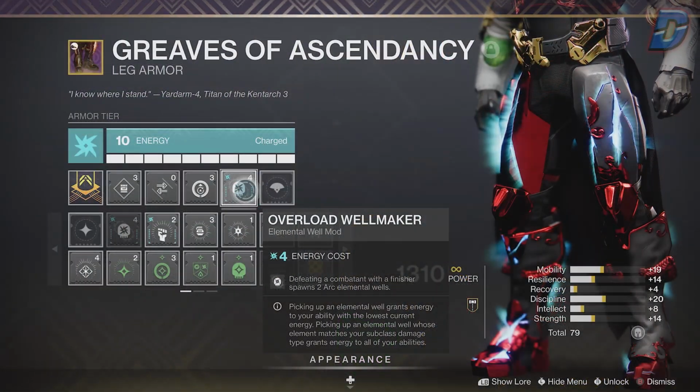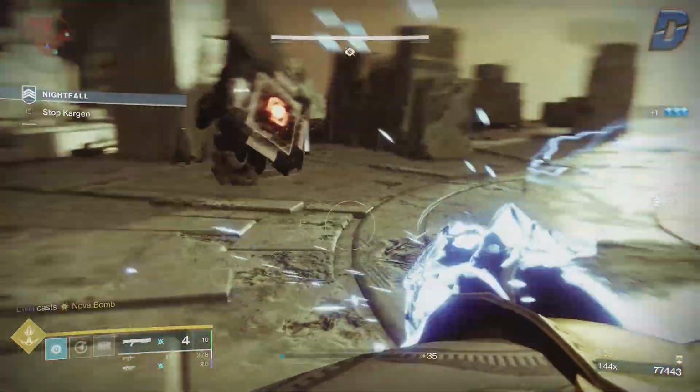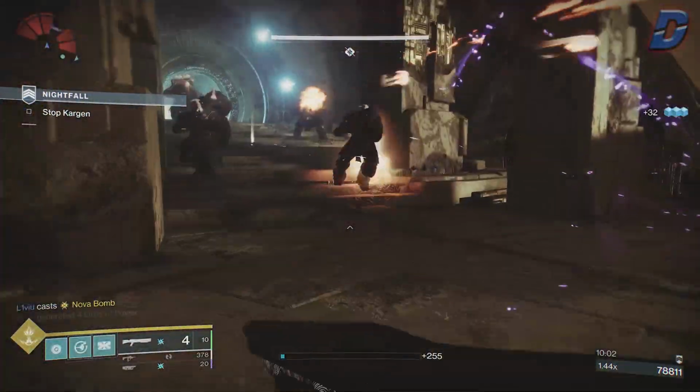Now for the legs we have Overload Wellmaker, another new elemental well mod which spawns 2 arc elemental wells on finisher kills, and this is how you really want to start the build. Now I should mention as well that you do need to slot these mods in armor that is arc energy,